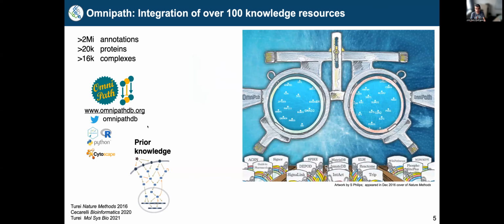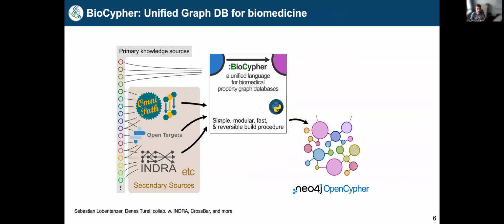And really the basic idea of OmniPath is that in the same way that if you wear glasses, you would go to the ophthalmologist to see which is the best lens to see the best. With OmniPath, you can try different resources and find the best resource or maybe combination of resources to analyze your data. And because there are many other domains and many other databases out there that can be helpful,